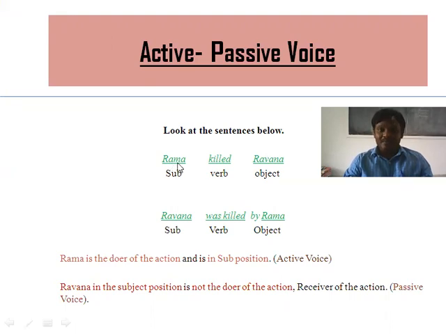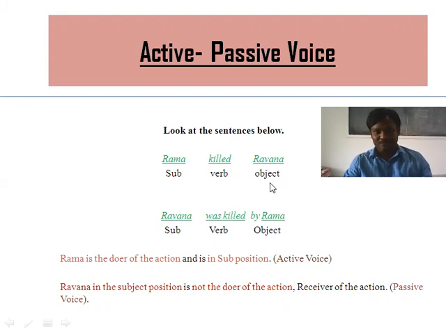This Rama in this sentence is the doer of the action. He is the one who is performing the act of killing Ravana. So we call him the doer of the action. The action that has taken place here is killing. This Ravana is called the receiver of the action. The person who is getting affected by that particular act is called the receiver of the action. So we shall be very clear about these terms. The one who is performing the action is called the doer of the action. The act is this, the verb, and the one who is getting affected by that particular act is called the